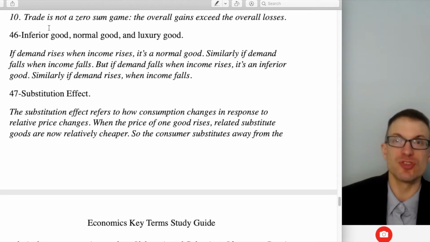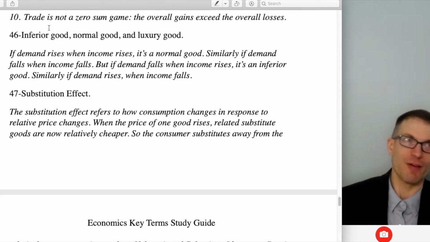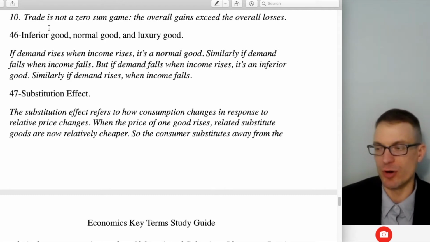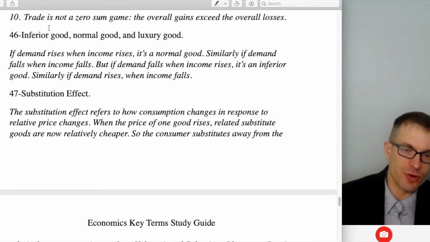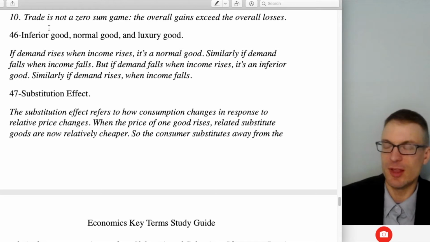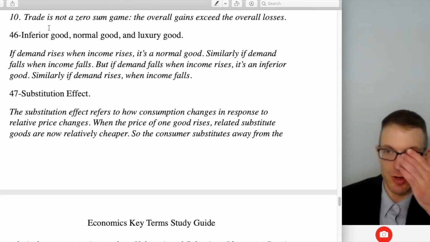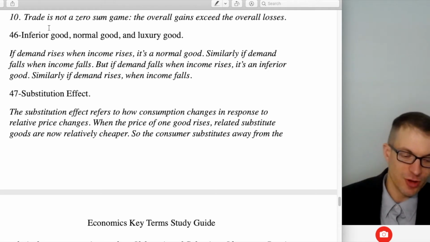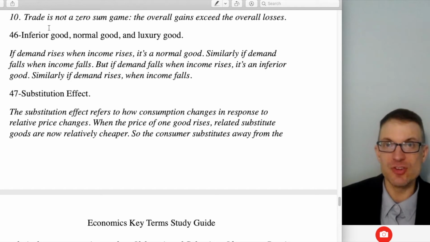It's a separate question whether one is made better off than the other, and this has to do with issues around bargaining power, which pertains to each party's alternative opportunities, but that's a separate question. Overall, we expect trade is going to lead to a situation where the gains exceed losses. Definitely with free trade. And that's one of the problems with protectionism.